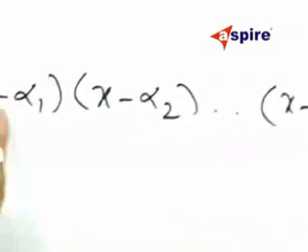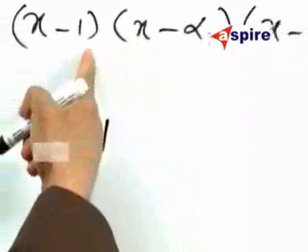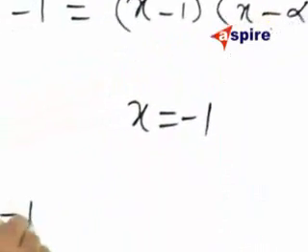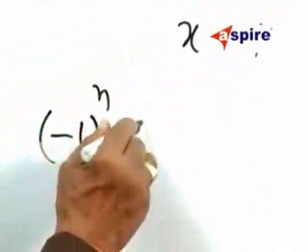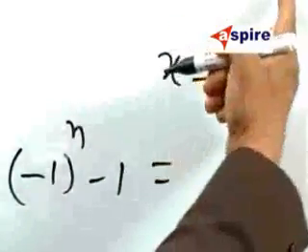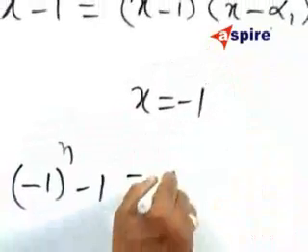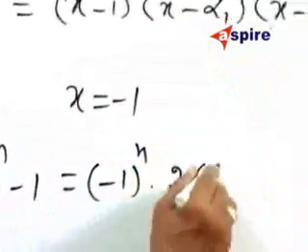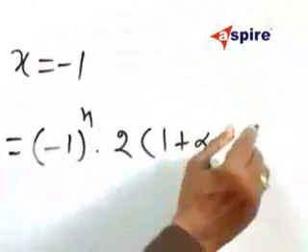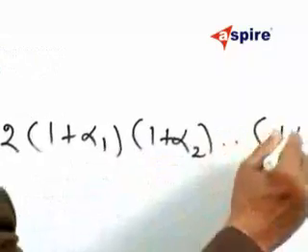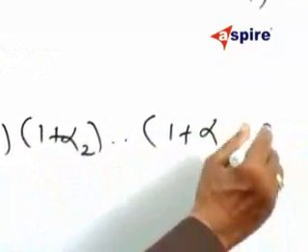Then minus 1 minus alpha 1, if I take minus 1 outside, I will be having 1 plus alpha 1. Now this will be equal to minus 1 to the power of n, minus 1. This is minus 2. And in every term there will be a minus sign coming there. Therefore minus 1 to the power of n into 2, say (1 plus alpha 1) into (1 plus alpha 2), etc., say (1 plus alpha n minus 1).